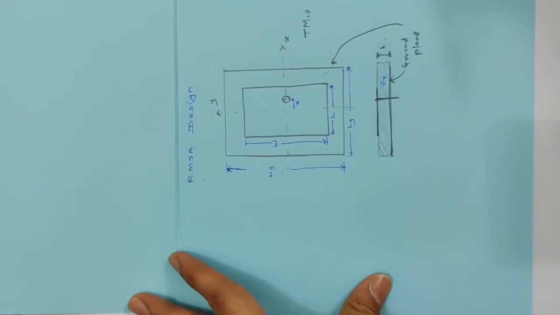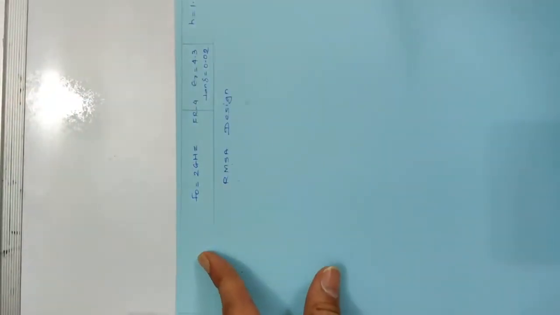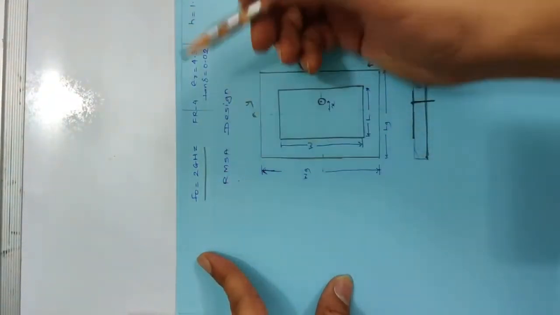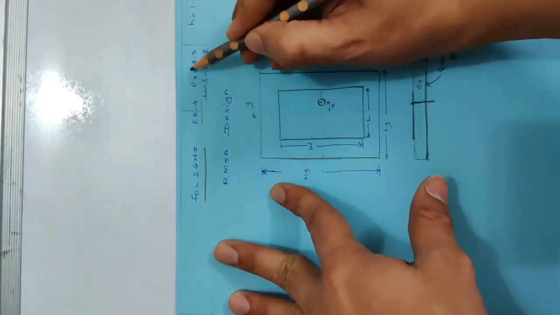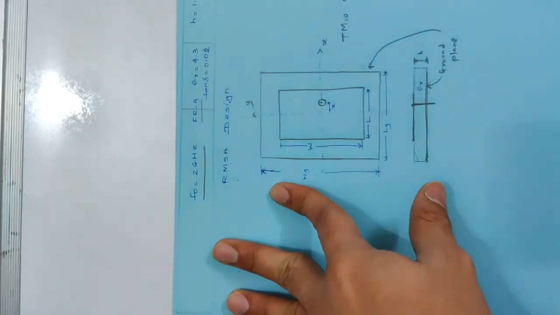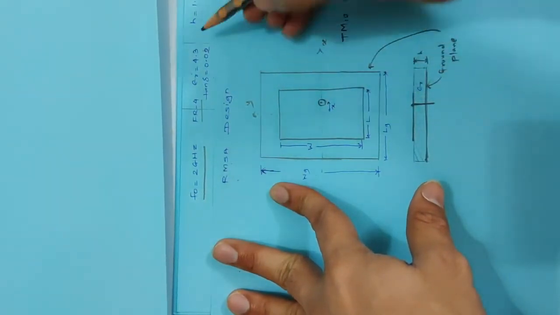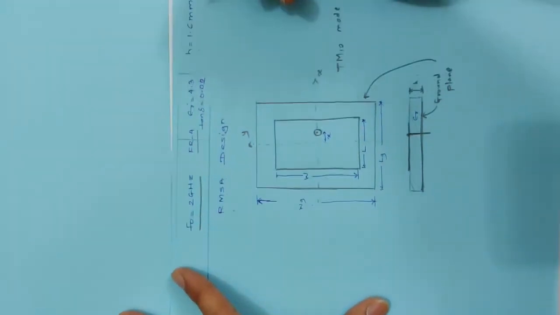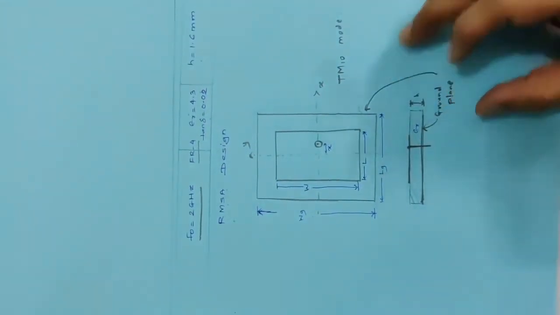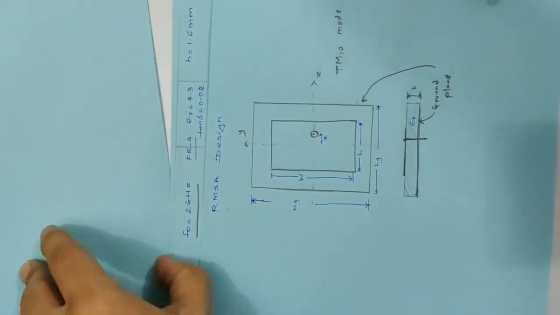So we have very famous equations of the RMSA design, and we will be designing the RMSA for center frequency equal to 2 GHz on a FR4 substrate. When you say FR4 substrate, you have dielectric constant epsilon r equal to 4.3 and tan delta, that is the loss tangent, is 0.02. The height of the substrate is taken as 1.6 mm. Okay, so we'll see the equations and we'll proceed for the designing.